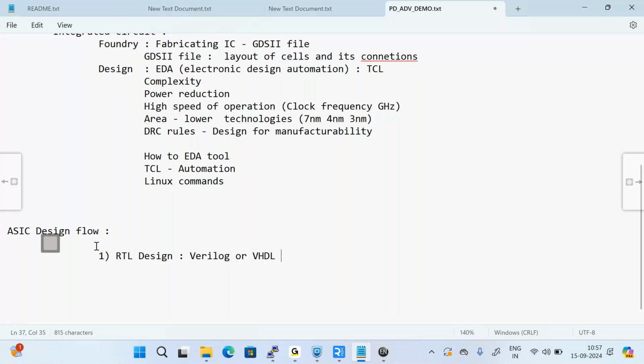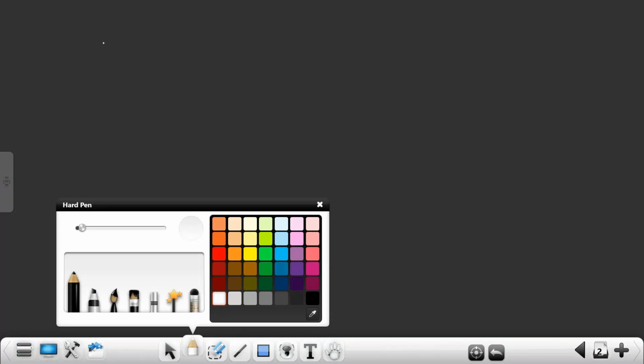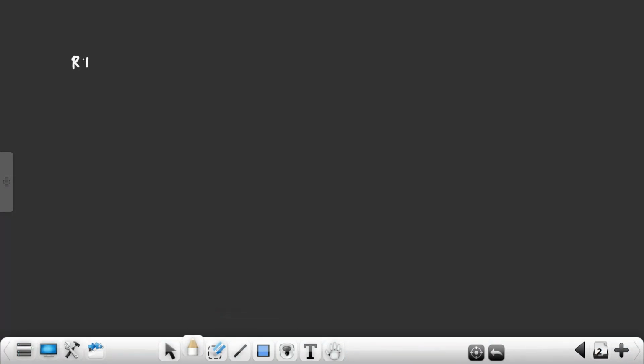Why do we start with Verilog or VHDL? Because Verilog or VHDL help us describe the circuit based on its behavior. I always take a simple example: if you want to write RTL for a 2:1 mux,